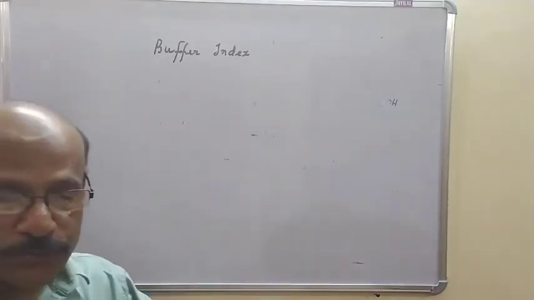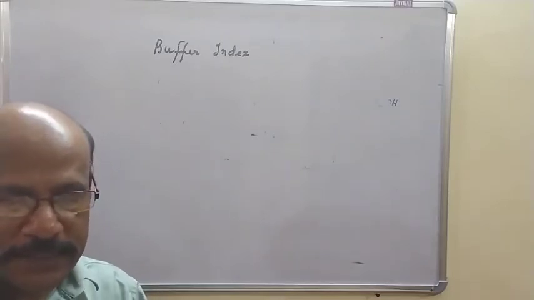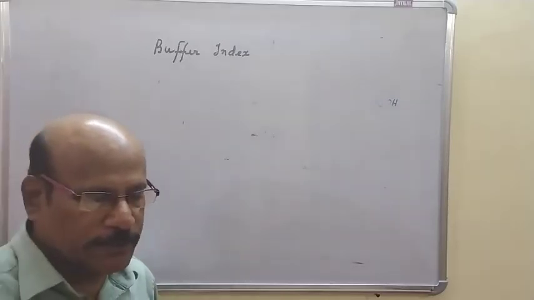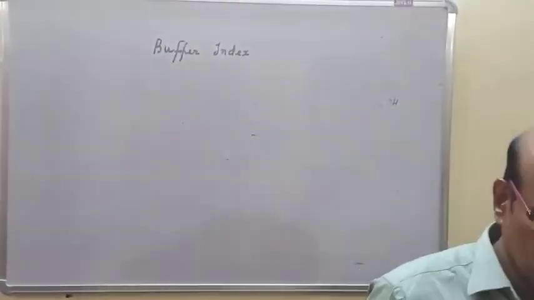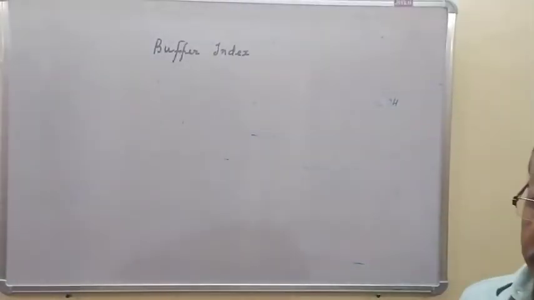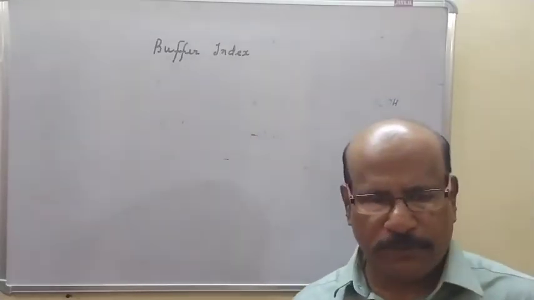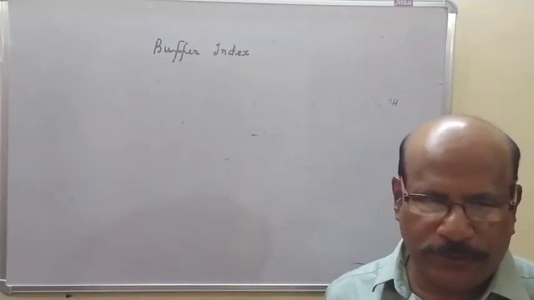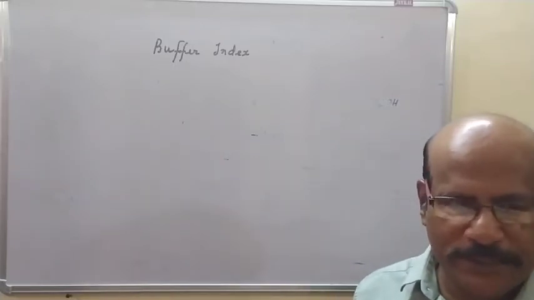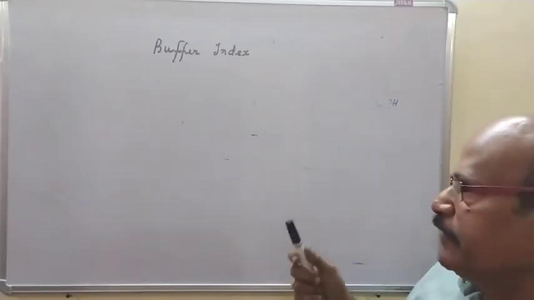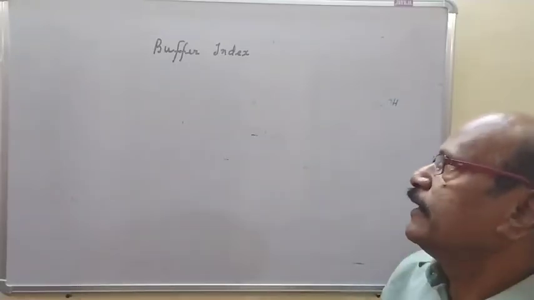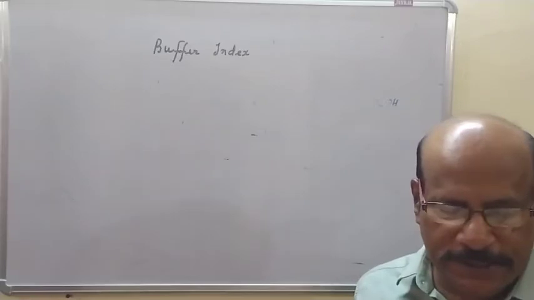And we have two types of buffer, acidic buffer and basic buffer. An example is a mixture of acetic acid and sodium acetate, an acidic buffer with a pH of about 4.5. And we have a basic buffer like a mixture of ammonium hydroxide and ammonium chloride with a pH of about 9. I have already explained the mechanism, and how we have to explain it.